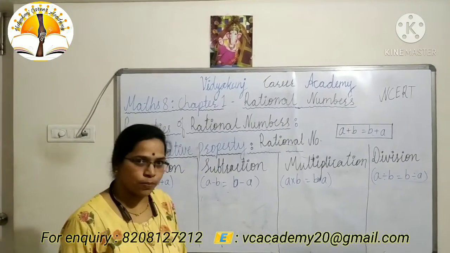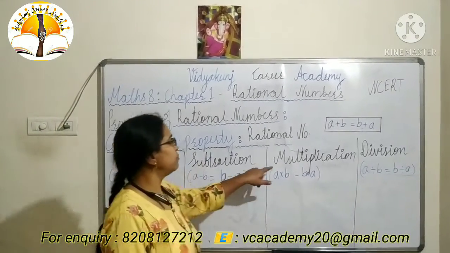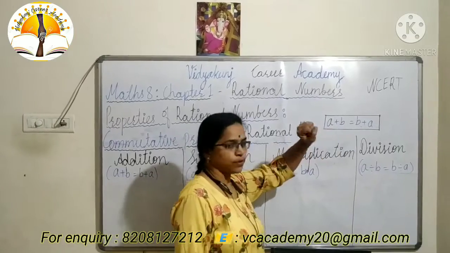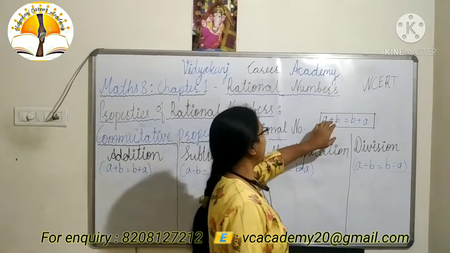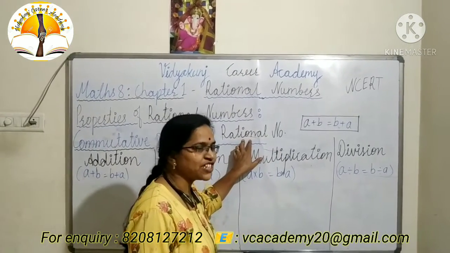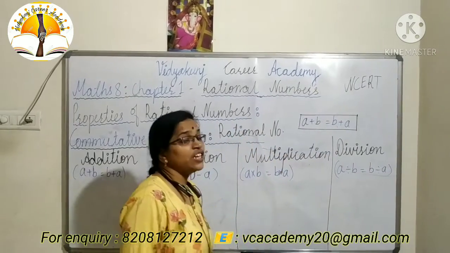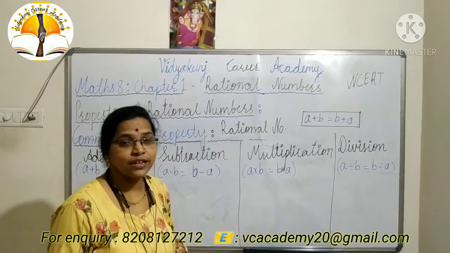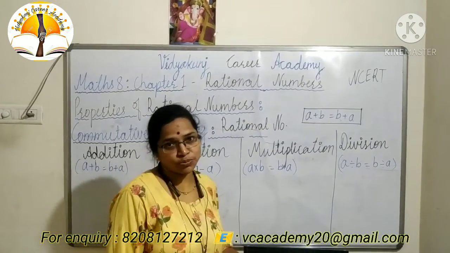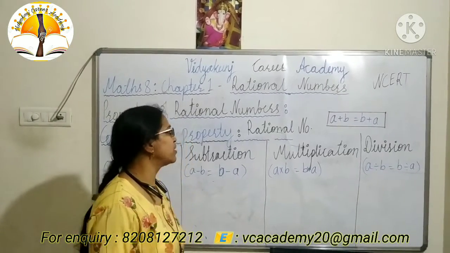We are going to learn here properties of rational number, in which commutative property on rational number through all operations. Which are those operations? Addition, subtraction, multiplication and division. Here I have written as usual formula. Look at here. A plus B. A and B should be rational numbers, and when you interchange its place, then your answer should be equal or same. If answer is same, that is commutative, or if answer is not same, that is not commutative.